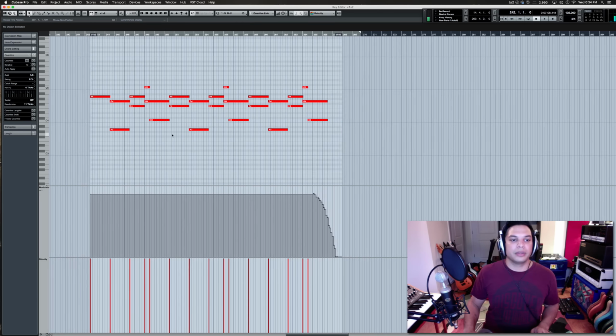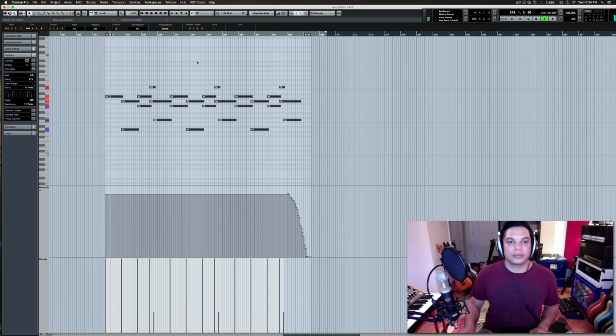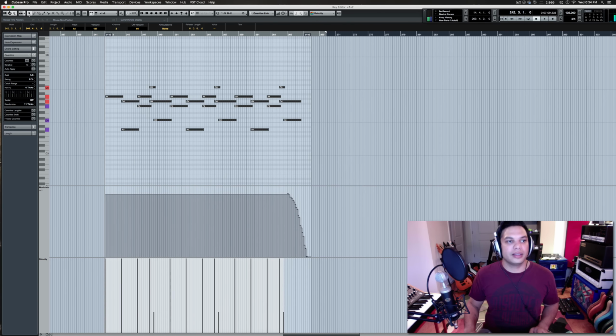Let's do the same thing with this. Just all the lower notes will be brought down there. Just make sure these overlap by doing that. There we go.